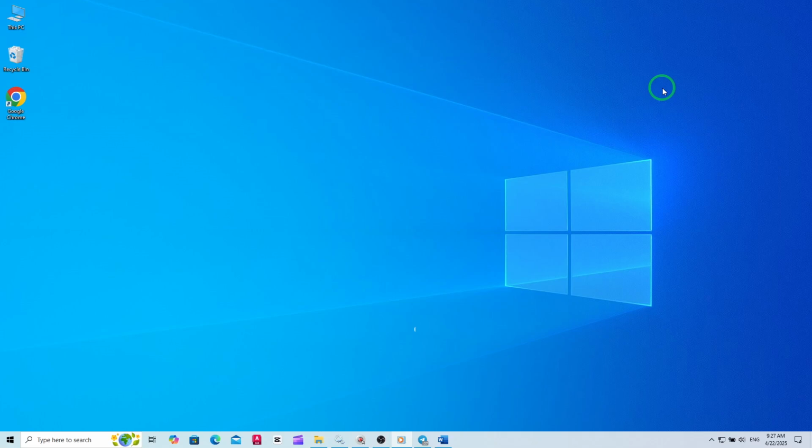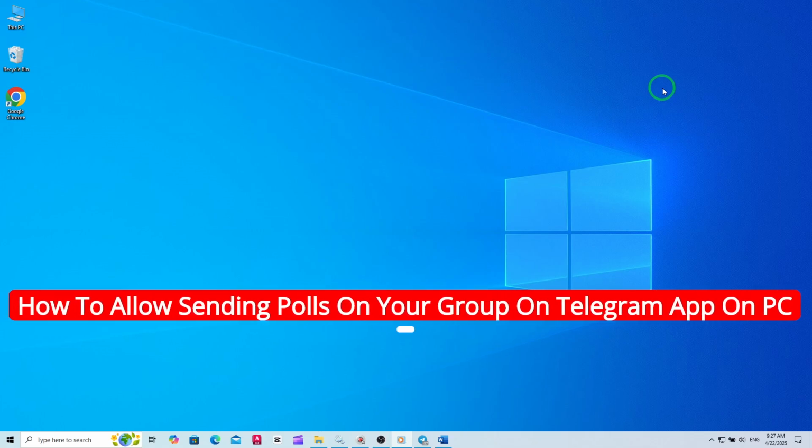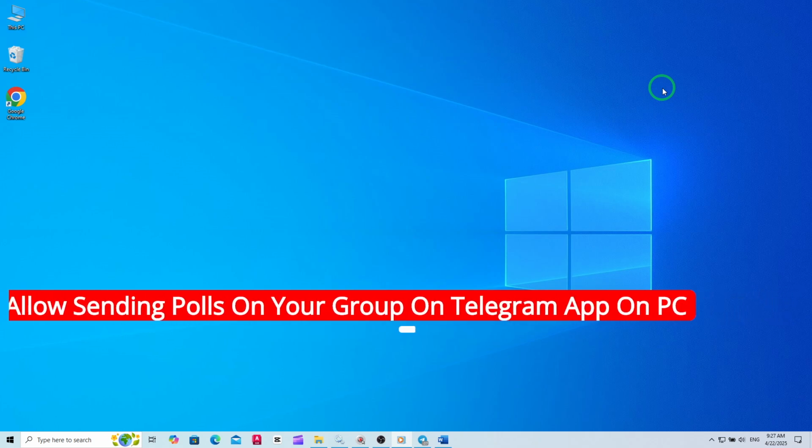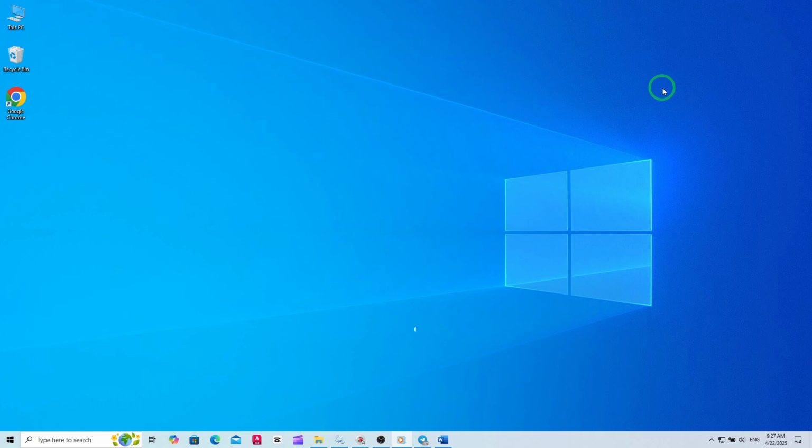Welcome! If you're looking to enable polls in your Telegram group using the latest update on your PC, you're in the right place. Polls are a fantastic way to engage your community, gather opinions, and make decisions together. Today, I'll walk you through the simple steps to allow sending polls in your Telegram group, so your members can